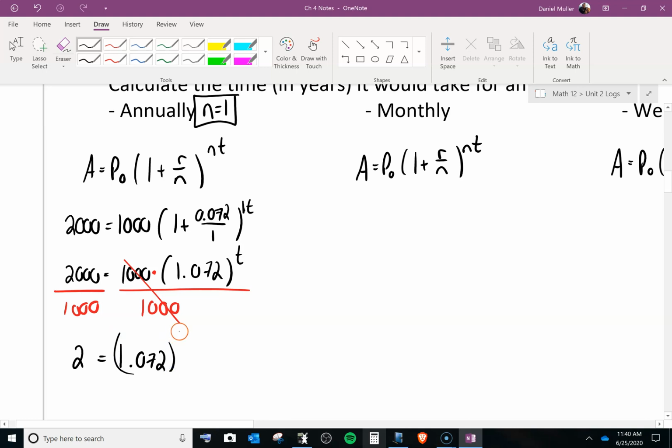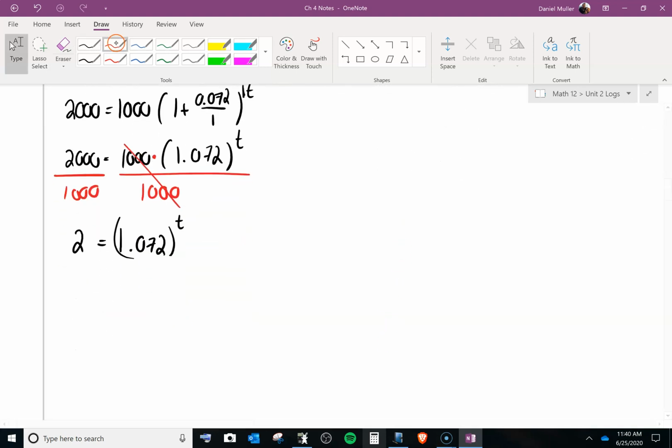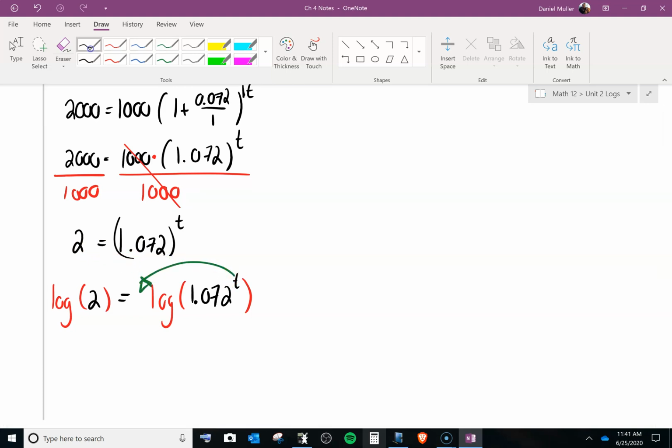1.072 to the power of t. Now at this point we want to get the t down, so we can take the log of both sides. It looks strange, but you theoretically could use 1.072 as your log base. It looks kind of odd to write those decimals down there. It comes in a little bit handier though, because it's usually one less step. But we'll just do a basic log, because there is no log that works nicely for 2 and 1.072. So we can bring this t down and turn it to a multiply. So we have log of 2 equals t times